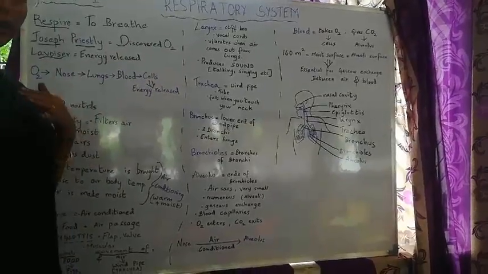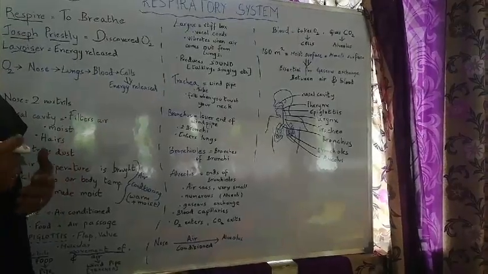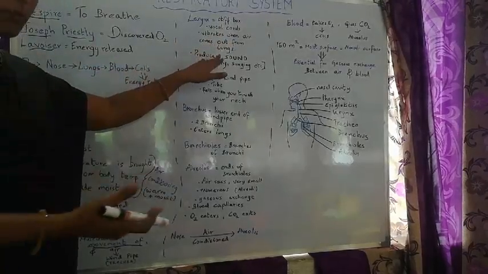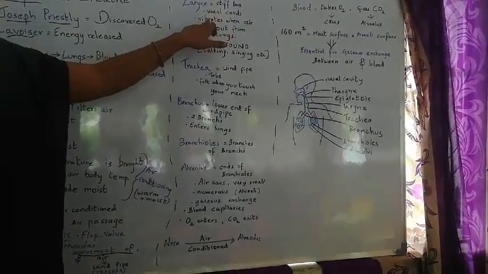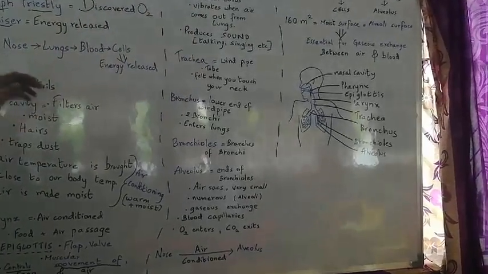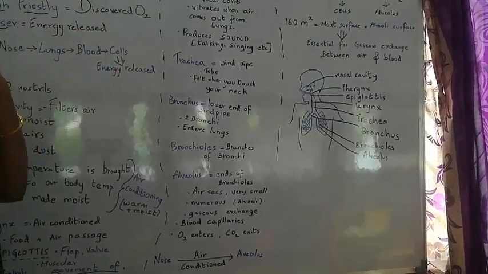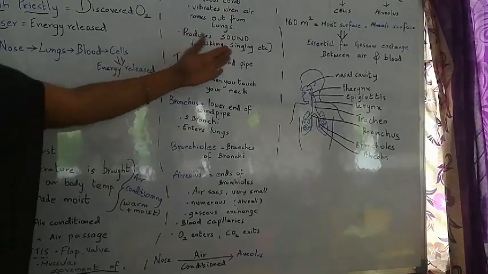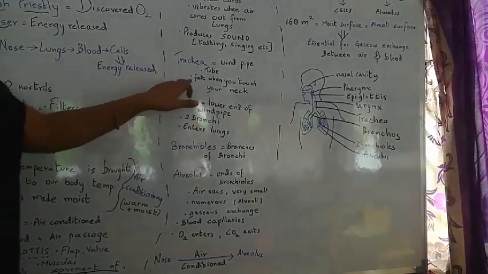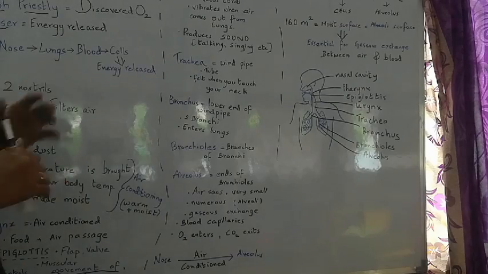Now, see, when we are exhaling air, means breathing out air. What do we breathe out? Carbon dioxide, right? When we are breathing out, when air comes out from our lungs, these vocal cords vibrate, okay? And so, I have talked about this point, right? Now, after crossing the larynx, so the larynx is present in your neck area. After crossing the larynx, there is our trachea, that is the windpipe. It is a tube-like structure through which air passes. I have already told you that you can feel your trachea when you touch your neck. Now, after trachea,